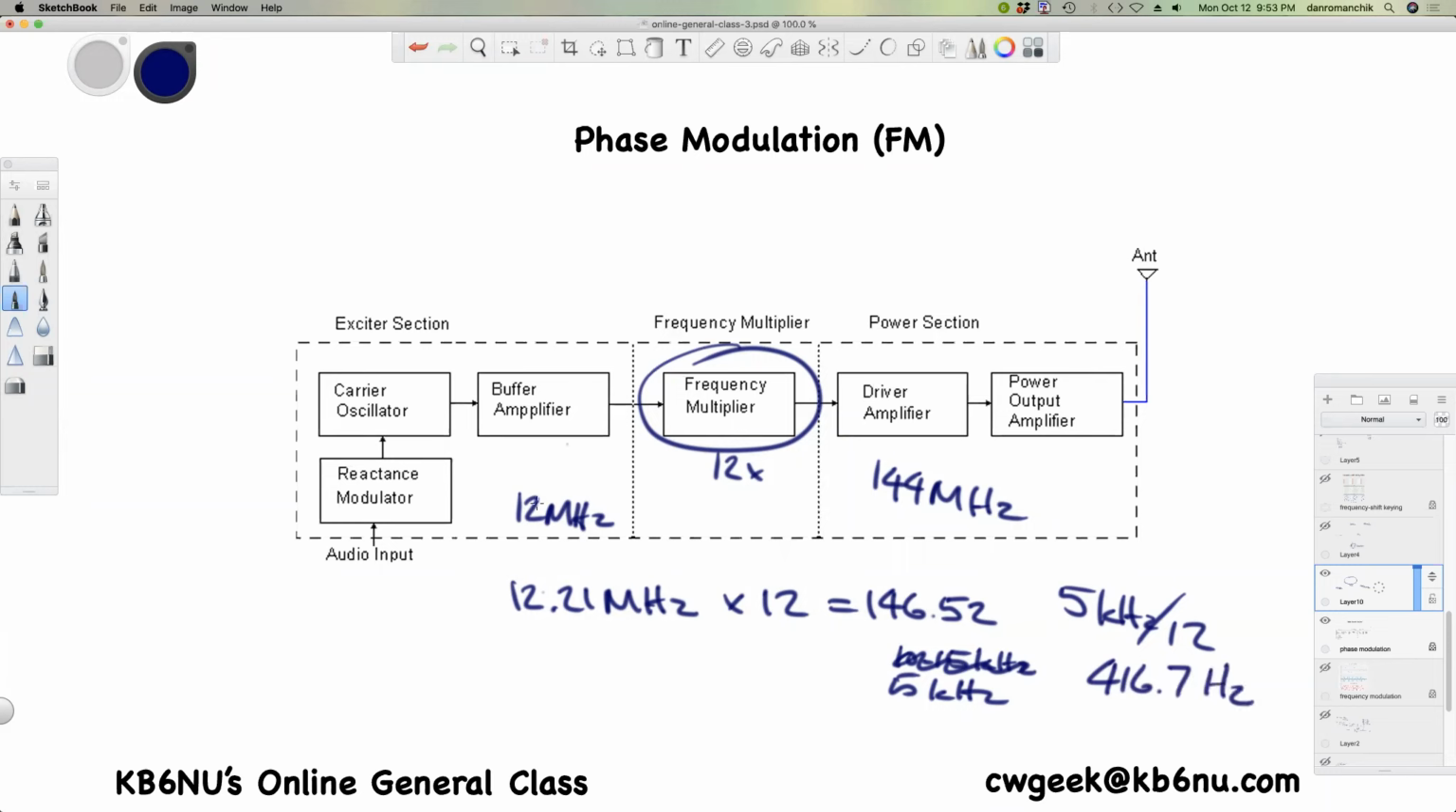So that's what the deviation has to be in the exciter section. Question: what is the total bandwidth of an FM phone transmitter having 5 kilohertz deviation and 3 kilohertz modulating frequency? Answer: 16 kilohertz. And the way you have to use this formula, which again, you won't be able to